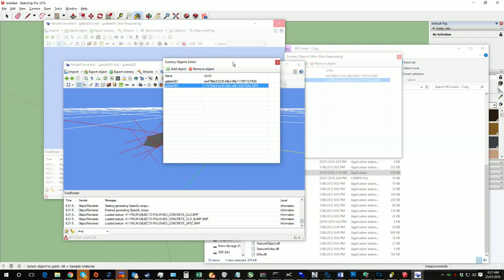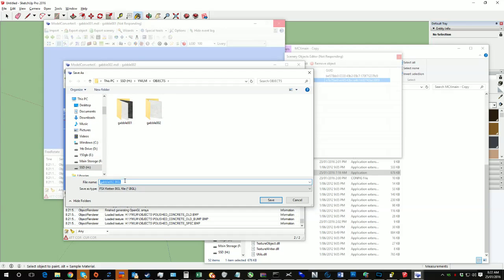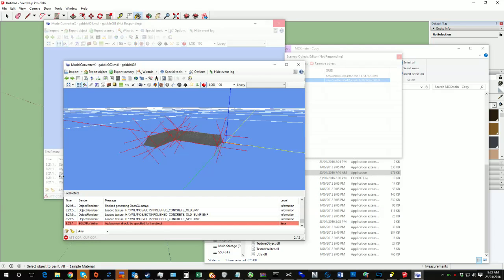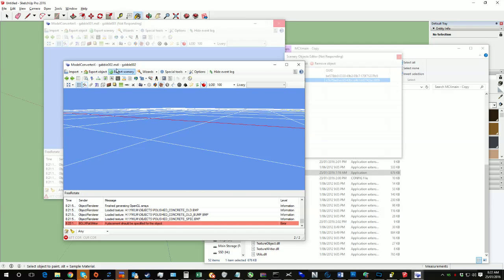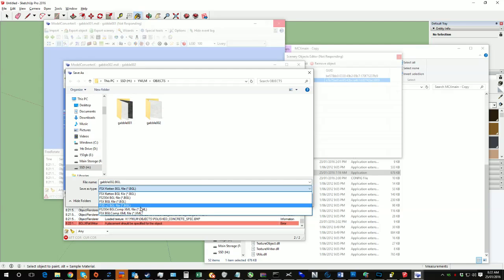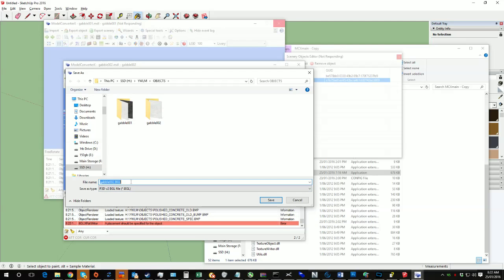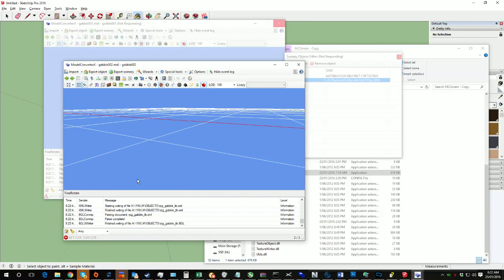You'll notice we've got the two objects now. Then we go export scenery. And we give it a name. So in this case we'll call it RPG Gable. We just did that to the wrong one, didn't we? Okay, you update this, and we want to call it... it's made the BGL, which we can now call from in